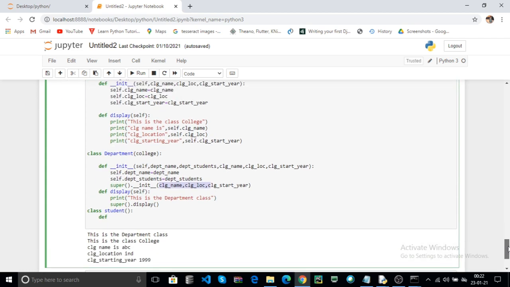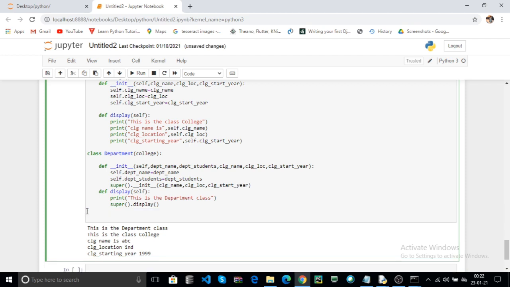Now how to handle? Now this is the constructor overriding. Here you can create an object for your department. Here in department you can pass all the values. For example, your department name is CSE.